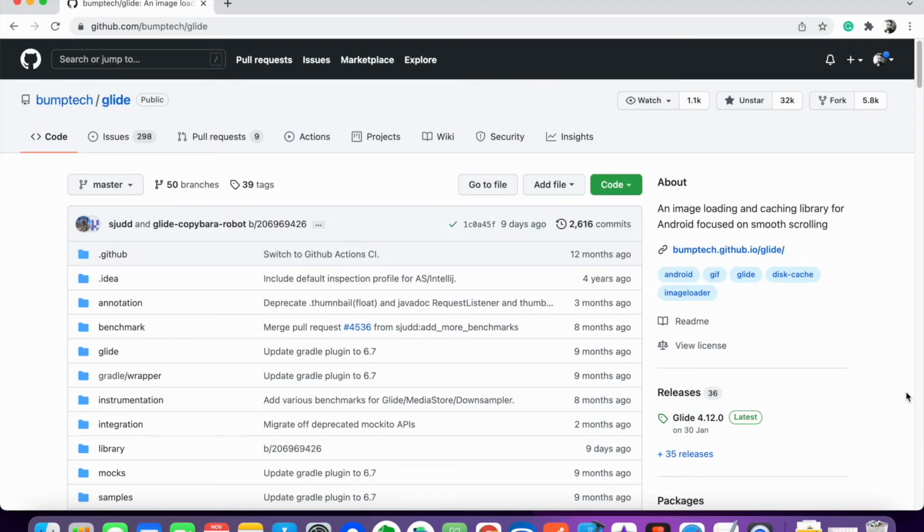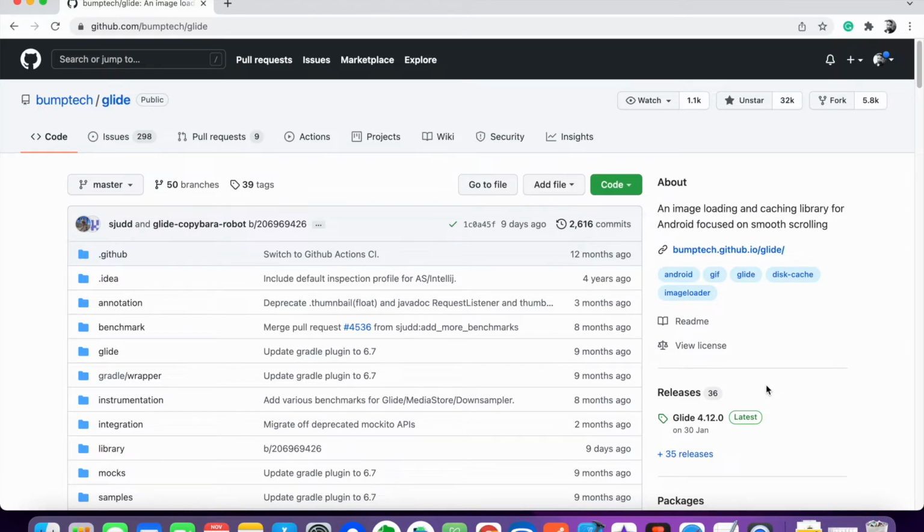The second library in the list is Glide. This library also offers image loading and caching for Android. Personally, I believe that this is the most powerful image library and the best one among all. It also maintains a teeny cache size and is very simple to use.